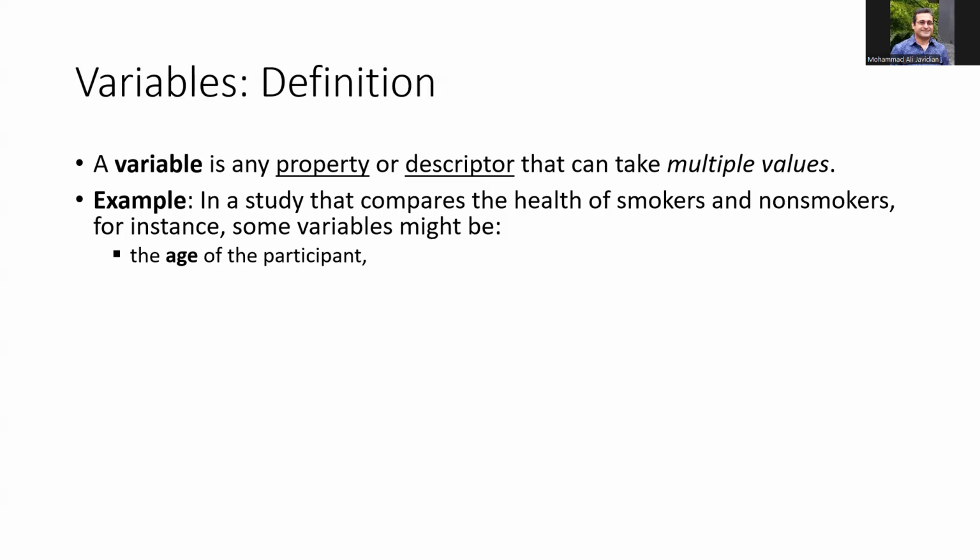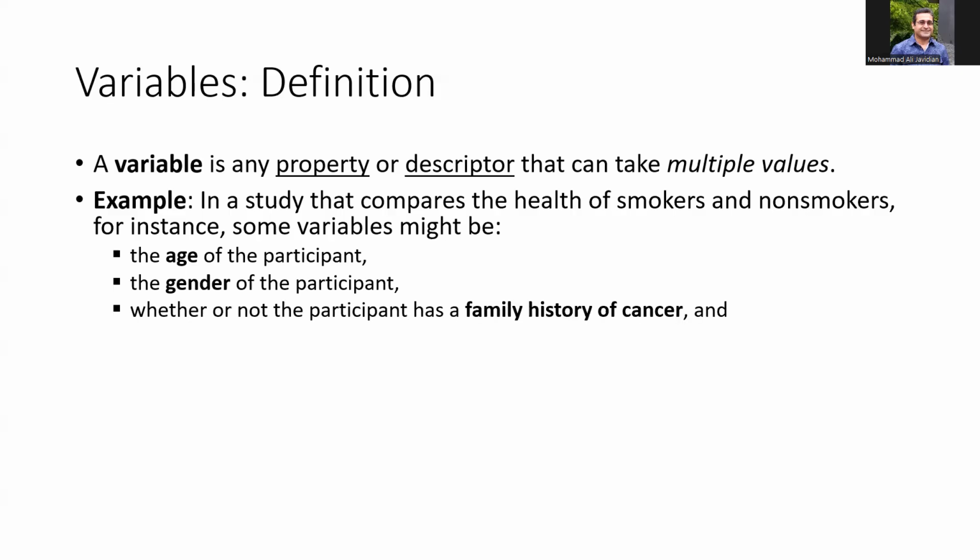So one of the variables could be the age of participants, or the gender of the participants, maybe the family history of cancer for a certain participant, or how many years the participant has been smoking. All of them, as you can see, could take different values,